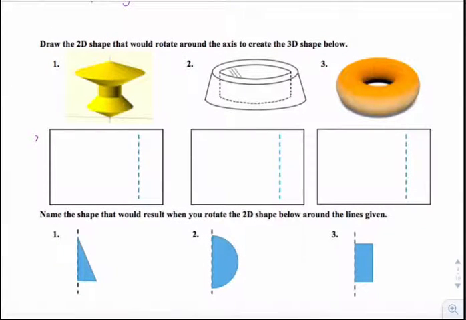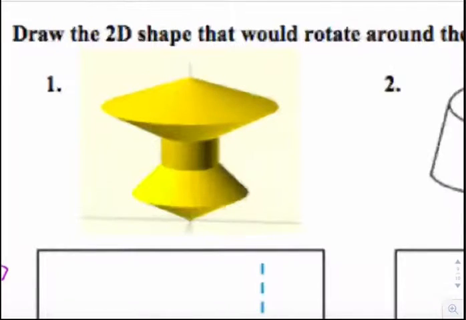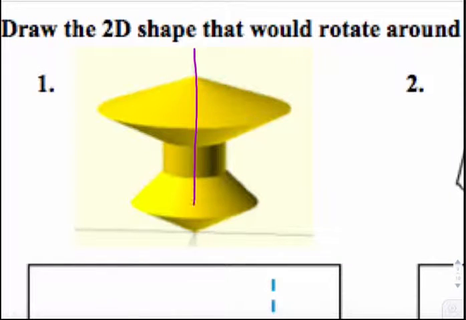So here we have to draw the 2D shape that would rotate around the axis to create the 3D shape below. So what we're really looking for, if this is the axis of rotation, what does the profile look like? What would cause you to have this configuration? And so let's say we come to a point, we come back, not quite, missed it. Go to a point, come back not quite as far, drop straight down, start to go back out, come back in